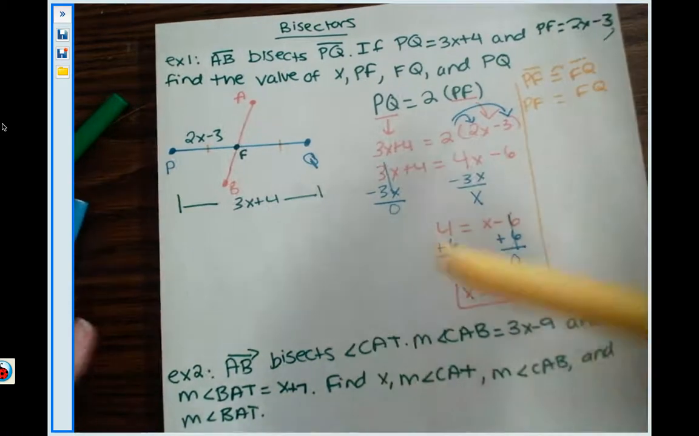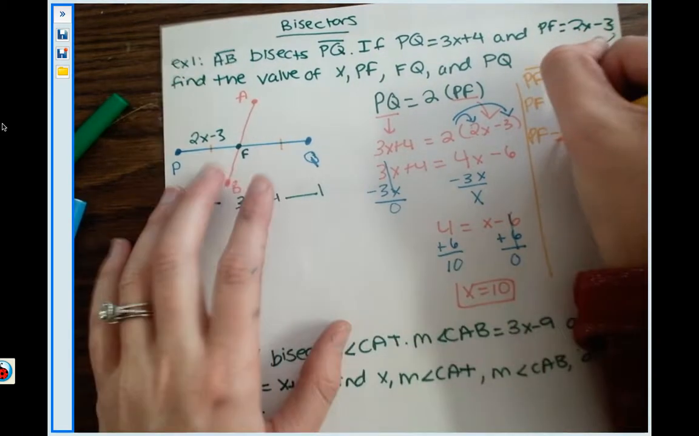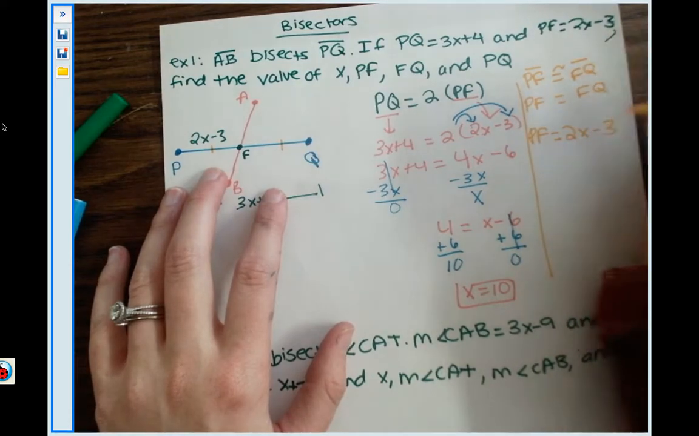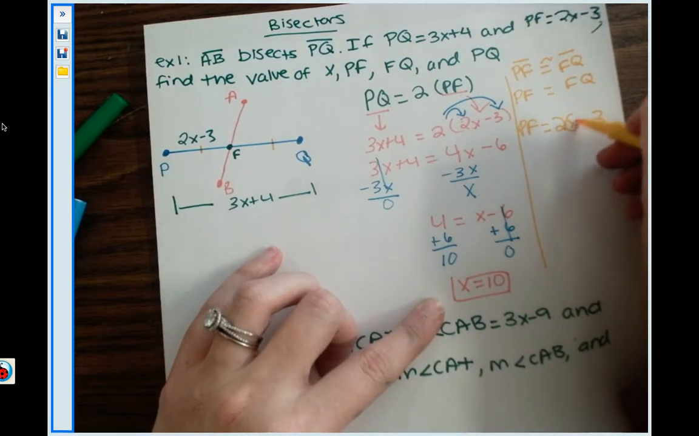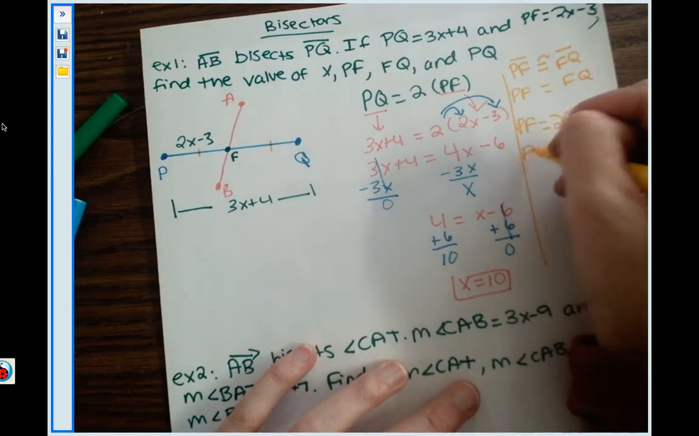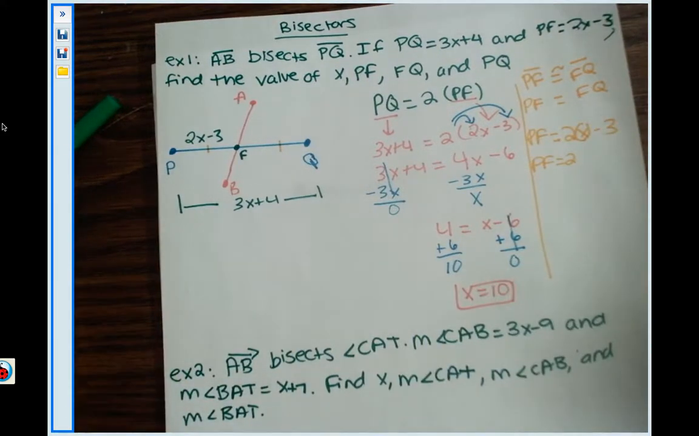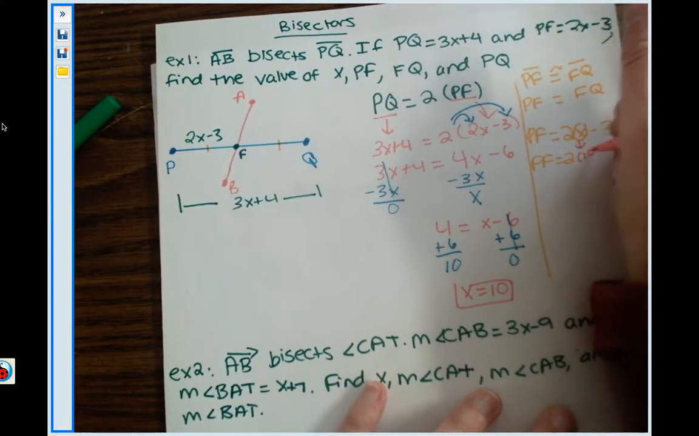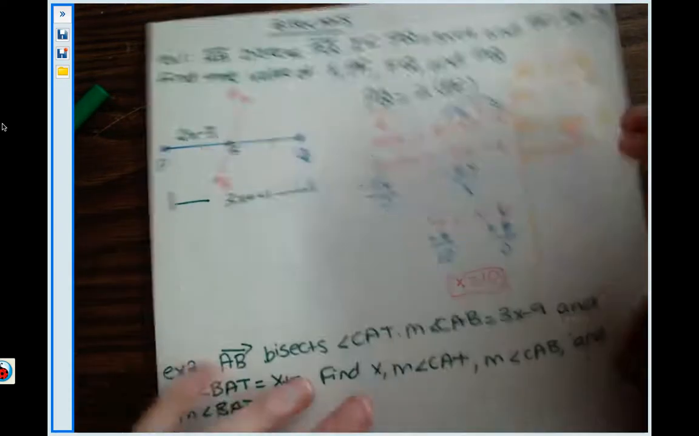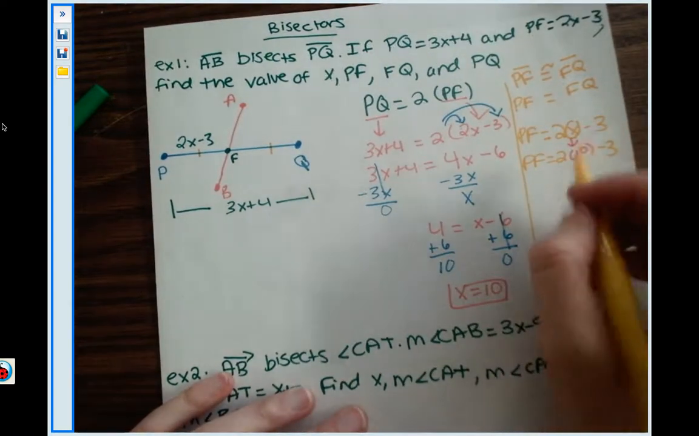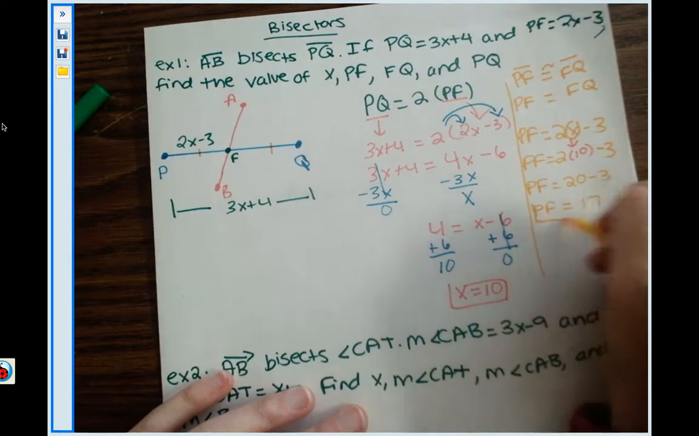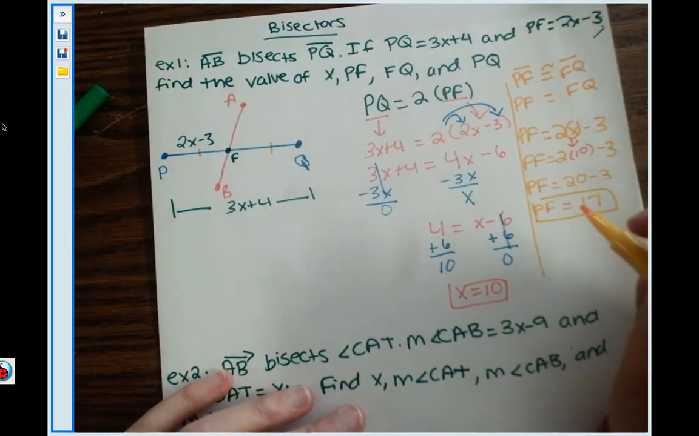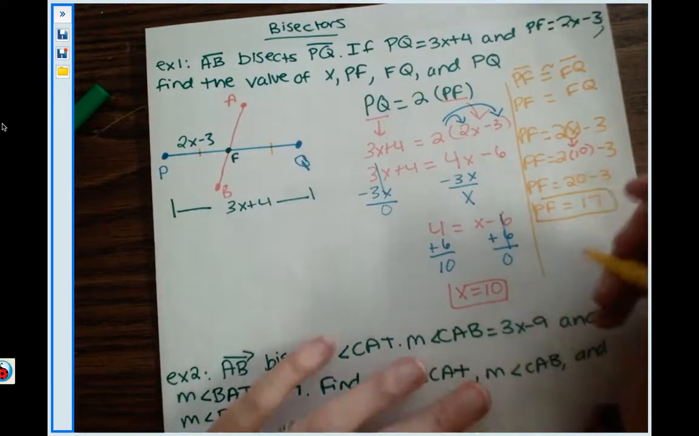So why don't we solve this thing for PF? I know PF equals 2 times x minus 3, and I know what x is, so guess what? I can just substitute in this 10 for this x right here, and then I can solve. So PF is going to equal 2 times my x, which is going to change into a 10, and then minus a 3. All right, let's solve this thing for PF. So 2 times 10 is 20. So PF equals 20 minus 3, which means PF equals 17. Oh man. Which also means that FQ has to also equal it since they're congruent. So FQ